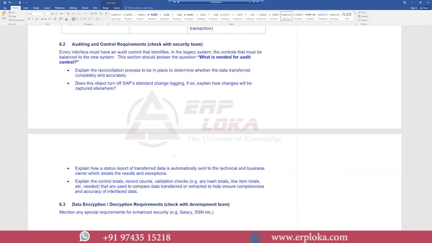What is that configuration? We need to have some medium to send the data from S4 HANA to other systems. The medium is nothing but the IDoc. So we are using the IDoc here to interface between the client system and the supplier system. So we are going to create the logical system. We are going to map our system with the vendor system that is going to be integrated with our system, and our system is going to be integrated with the vendor system. Then,